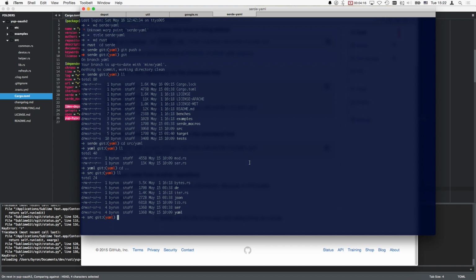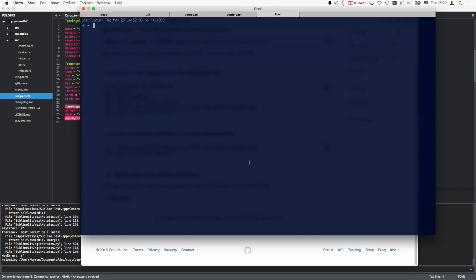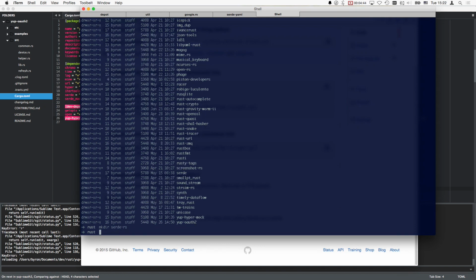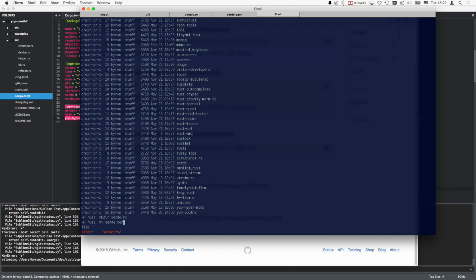It's always, usually I dislike starting on a project right away, because then you have to kind of do all the infrastructure again, write README files and stuff. I mean, that's part of the thing, right? But, damn it. On the other hand, I'm kind of happy to do it because that's the simple part. There's nothing special about that. It's just grunt work. So make dir serde-rs, move serde into serde-rs, and then